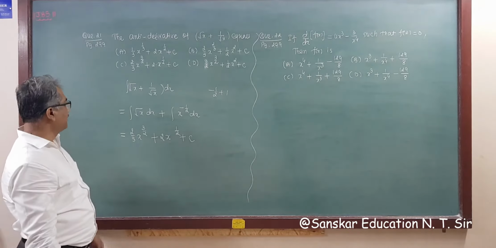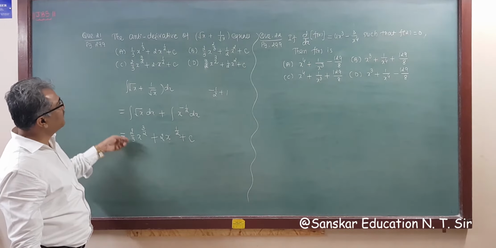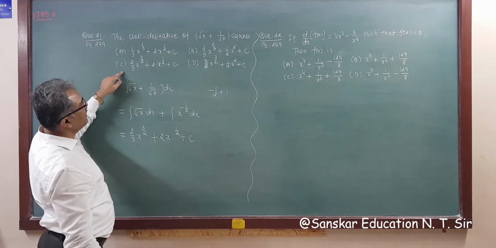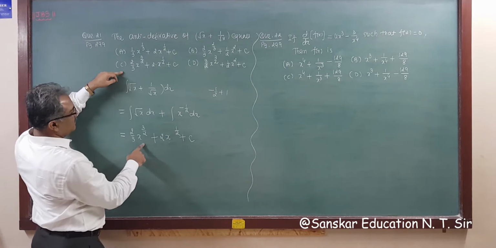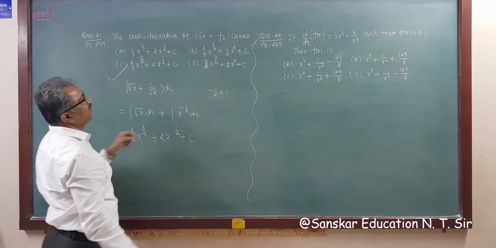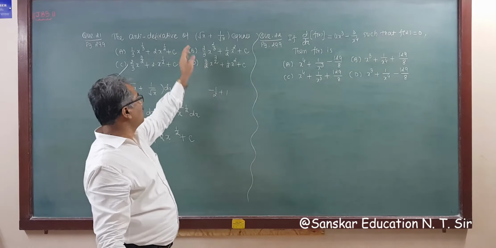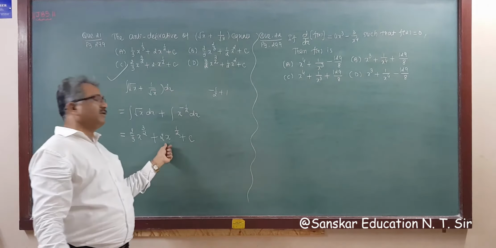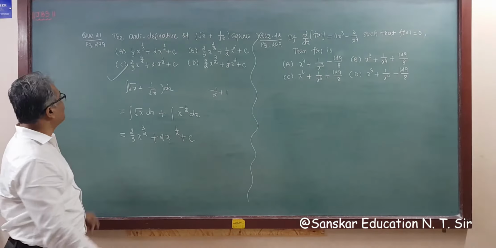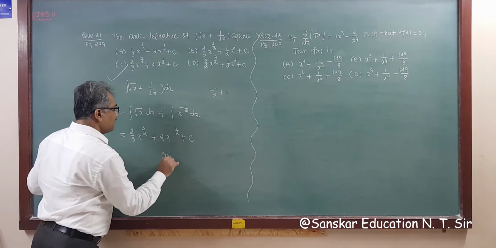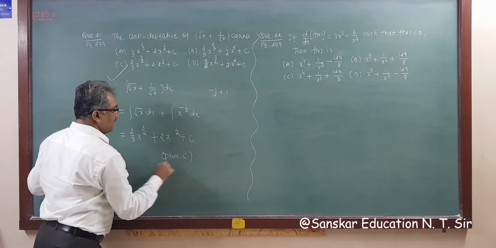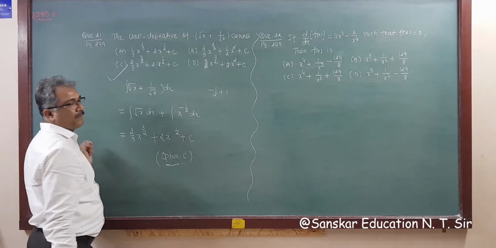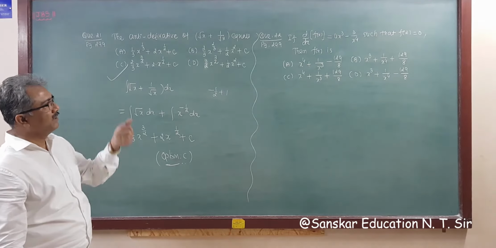That is your answer. So now find the correct option. The coefficient 2 by 3 is here, x raised to 3 by 2 is here. So this is the correct answer because your power is 3 by 2. So no need to go for that. And also here is 1 upon 2 and here we get 2. Right? So option C is your correct answer. Got it?